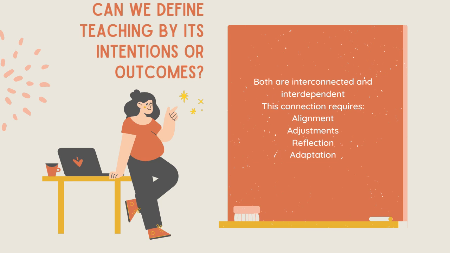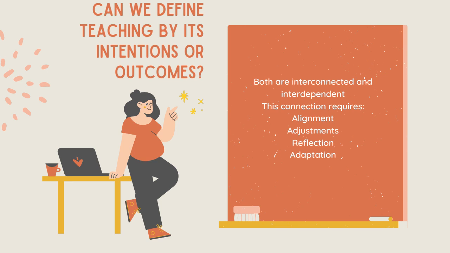But then teaching is also defined by the outcomes, which refers to things that we can observe, that we can measure, and see what is the result of the teaching process. So the outcomes provide evidence of whether we've had effective teaching or not. But then we also have to look at how we define outcomes. What is outcome for you? So then we look at it completely differently.